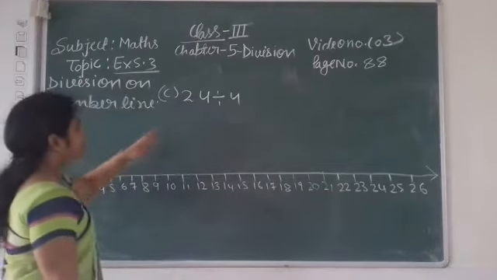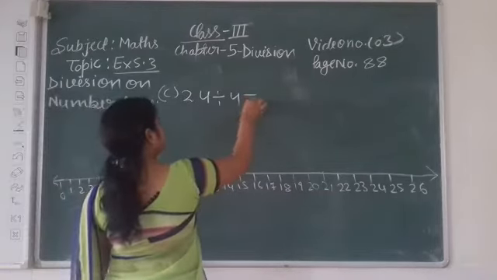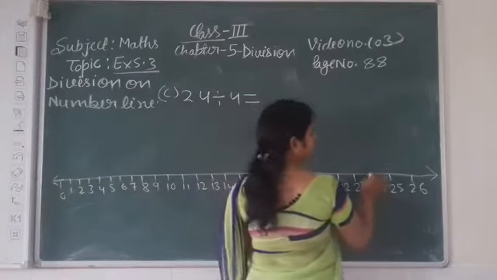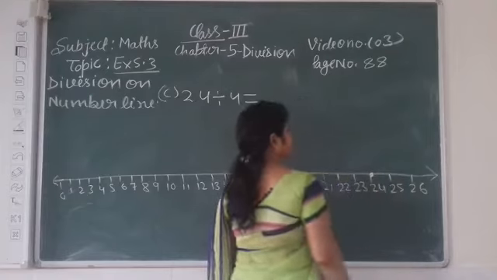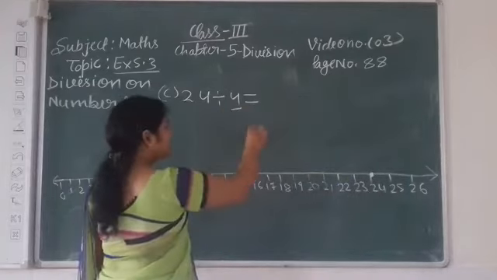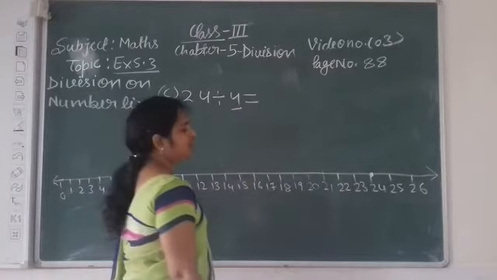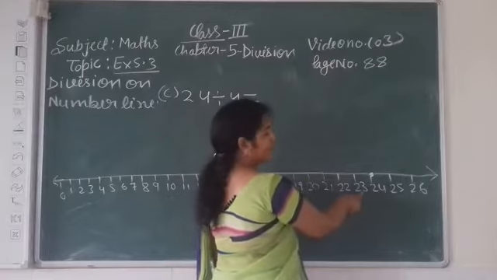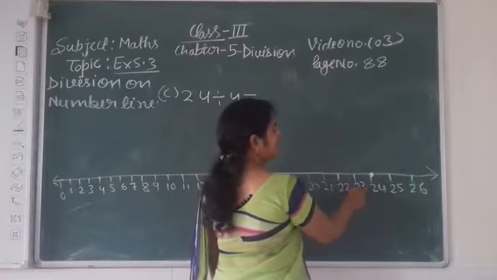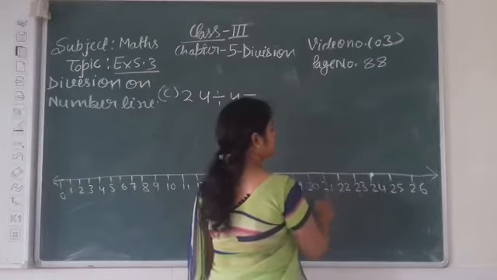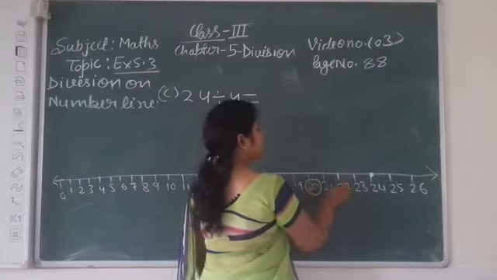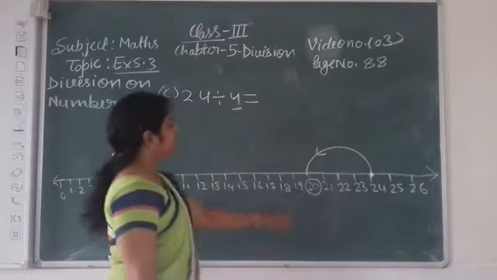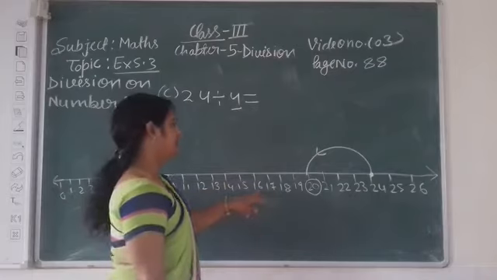So the starting point for dividing 24 by 4 will be 24. And what will be the size of jump? 4. So after 24, let us count 4 steps. I count from 23, after 24, so 1, 2, 3, 4. So from 24, we reach 20. Then after 1, 2, 3, 4,